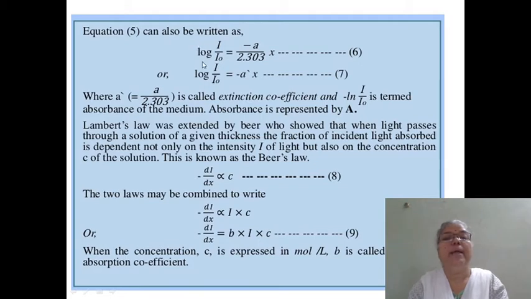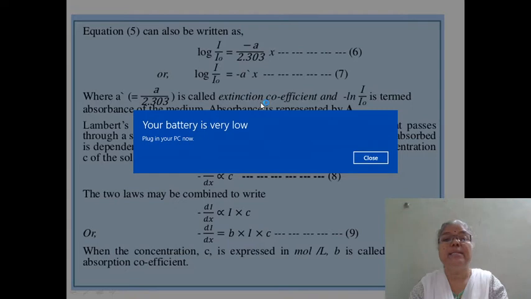Then again we can write equation number 5 as log I by I0 equal to minus a upon 2.303 into x, or log of I upon I0 equal to minus a dash into x, where a dash is equal to a upon 2.303, and this a dash is called as extinction